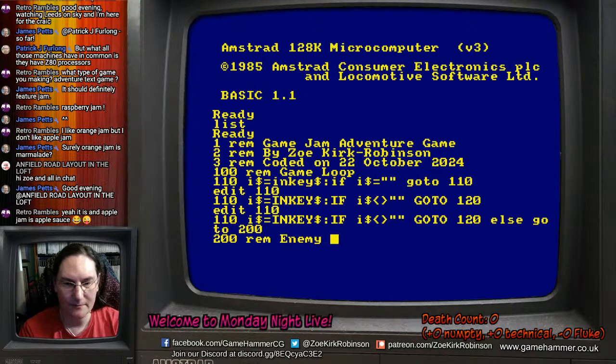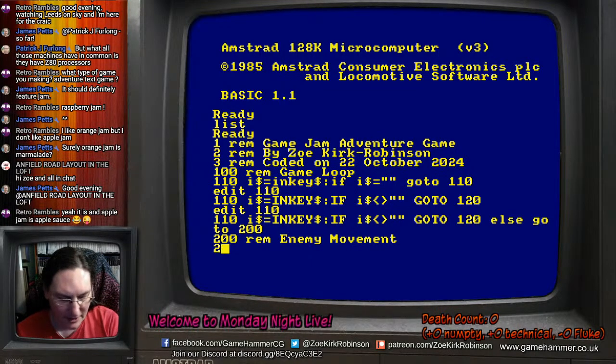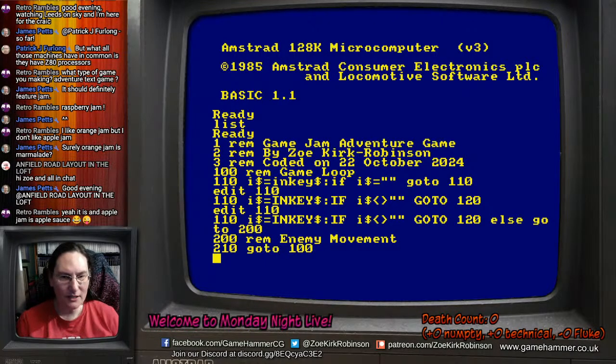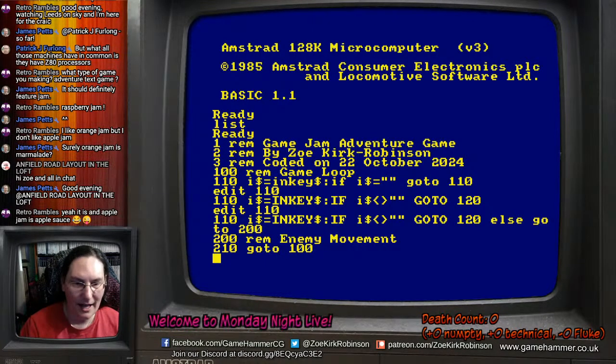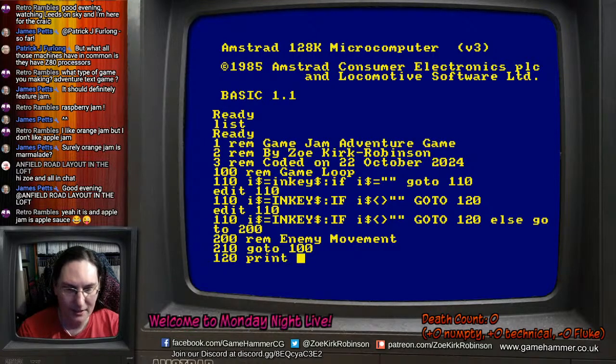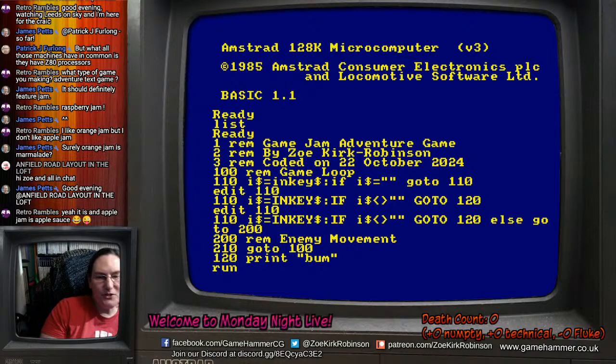enemy movement. There you are. Okay. There we go. And 210 at the moment will be go to 100. That's right. We've got a thing that goes around at the moment, and we're going to put 120 in. 120 print. Boom. Run. The game will do nothing at the moment